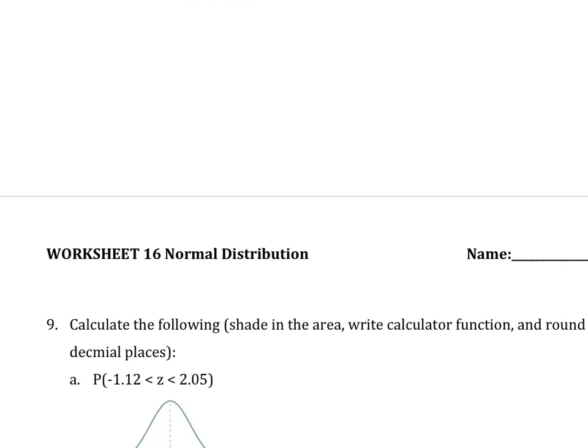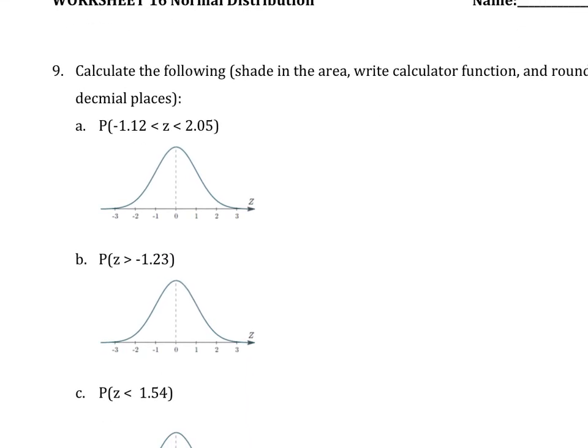All right, I'm going to do one problem on number 9, and then have you try a bunch of them. So let's look at part B. Here I'm going to find the probability, which is basically the area, where the z-score is bigger than negative 1.23. Negative 1.23 is somewhere here, maybe between negative 1 and negative 2. It says z-score is bigger than that, so it's to the right, so I shade to the right. There's no other bound, only one bound, so it goes on forever, theoretically, right? Okay, so what I'll do is normal CDF.